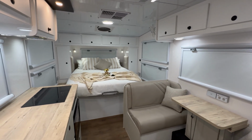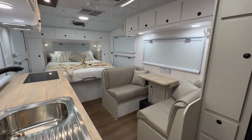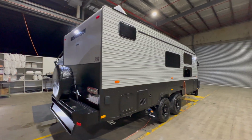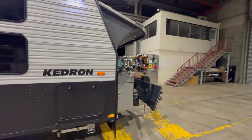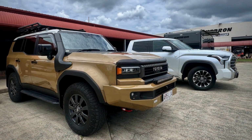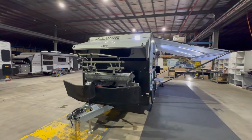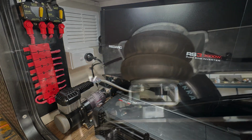As we say, so many people have been requesting if they could get a KEDRON in a weight underneath the 3 tonne in the tandem. And we have got a 19'6" that will tare out, as in this case here, when it went over the weighbridge, at 2,770 kilos. So it gets back into that Land Cruiser 70 series, 300 series, the new Prado. And obviously you've got to watch your weights and your GCMs and the like, but to have a KEDRON in the tandem axle at 2770 in the Tare, with the 800 watts of solar up top, airbag, disc brakes,